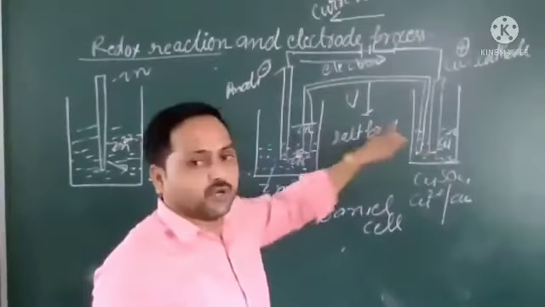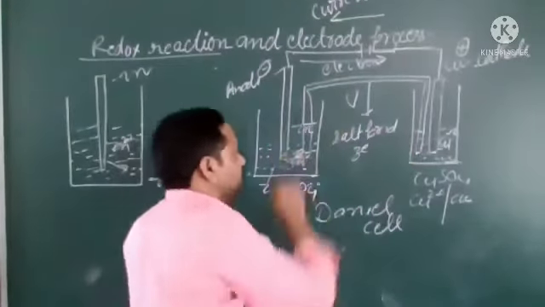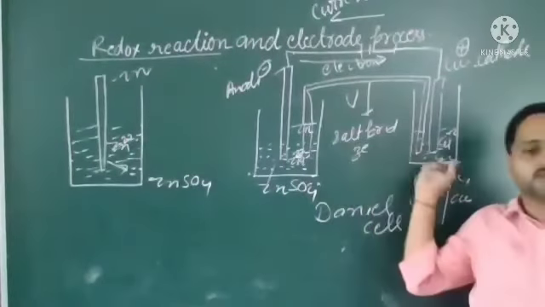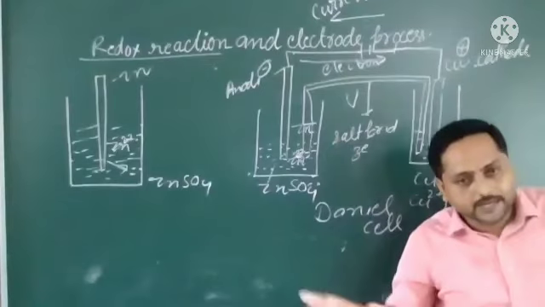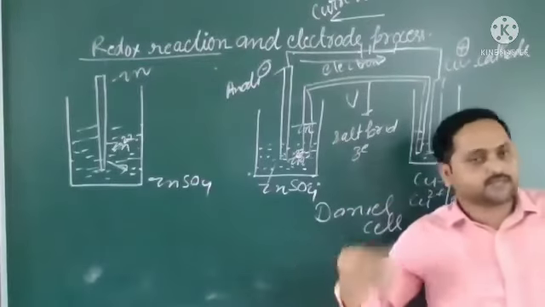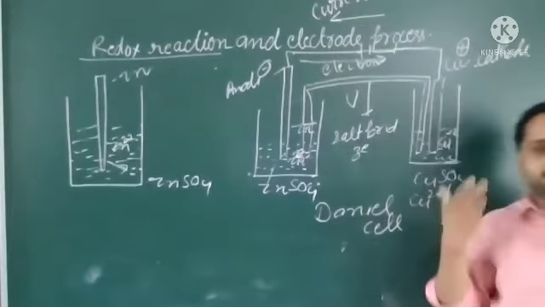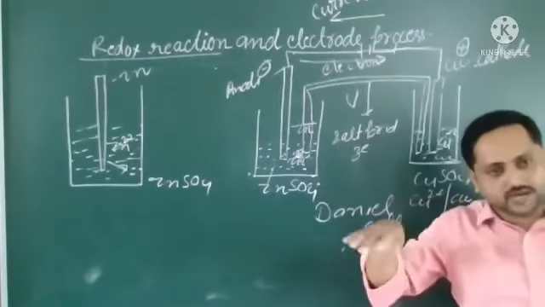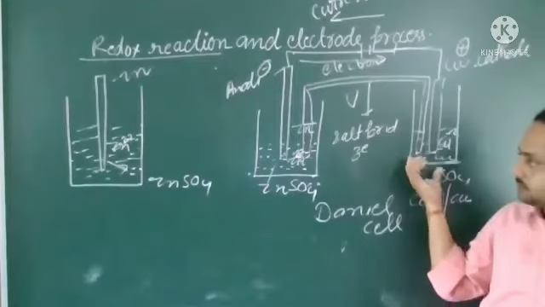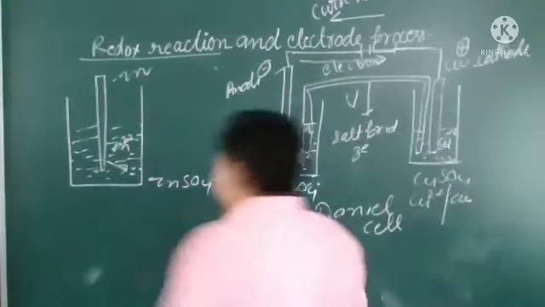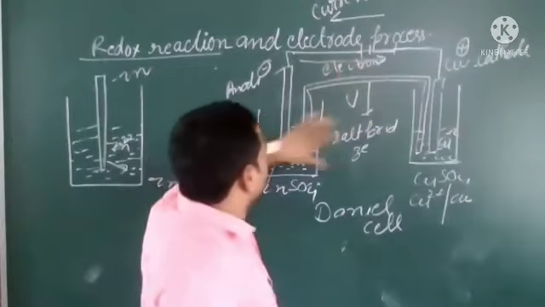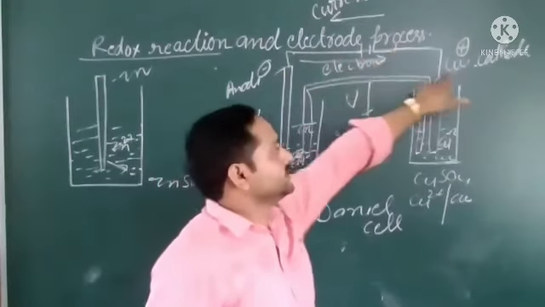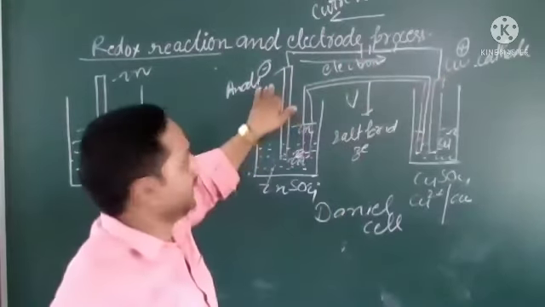Its function is to balance the ions in the given setup. If it is needed, it can supply. If extra electrons are there, it can take. So the main function of this is to balance the ions or electrons in a given setup. We are connecting this through an ammeter and an electric switch. So that is the cathode and this one is the anode.